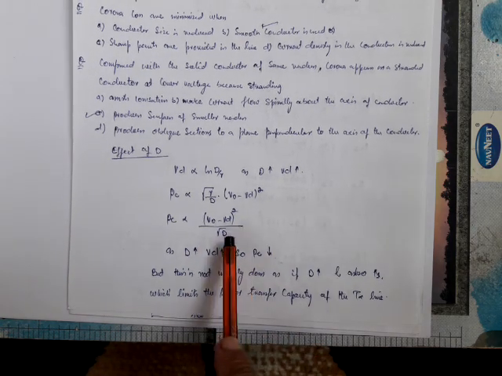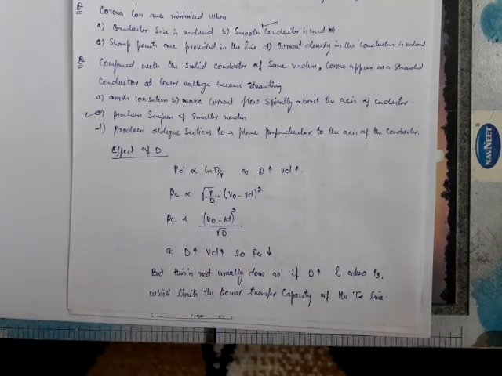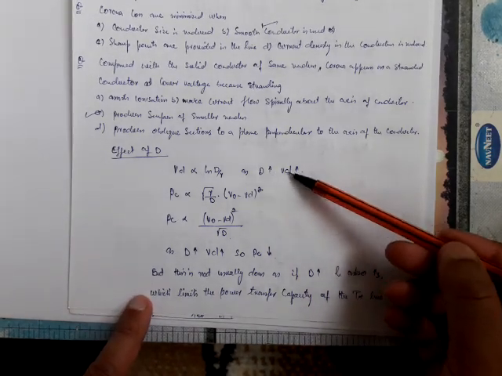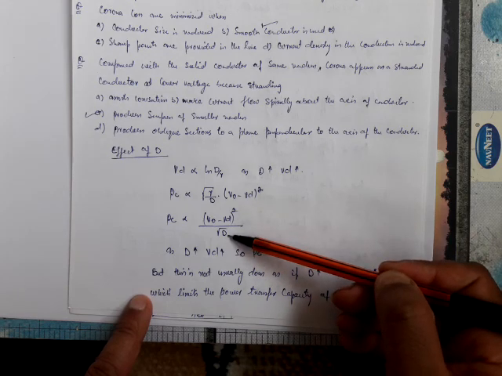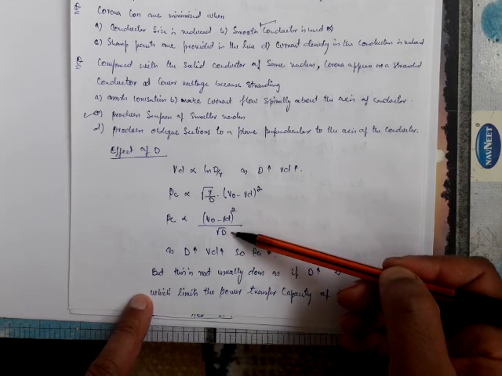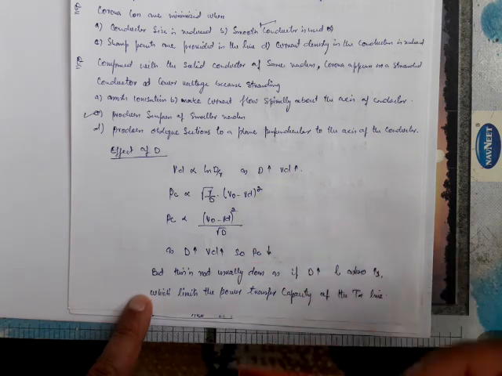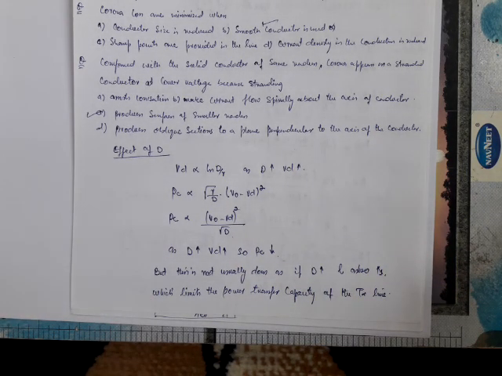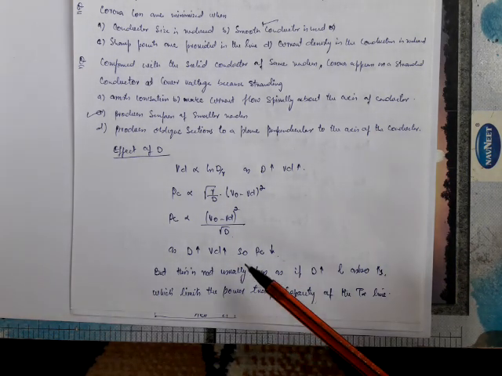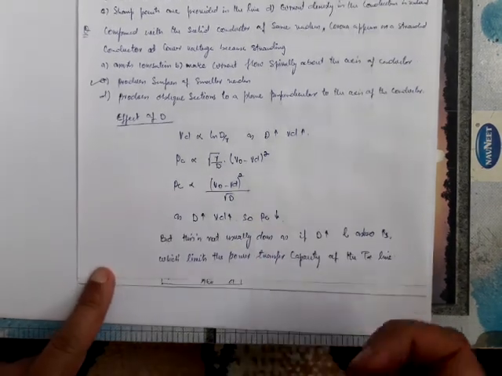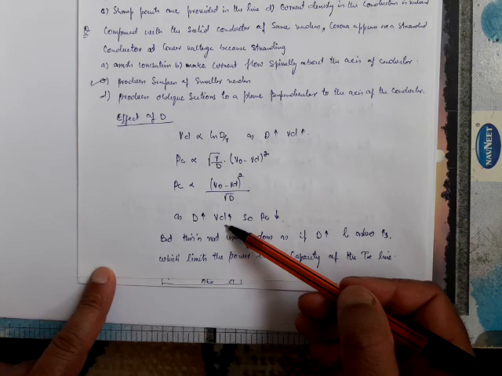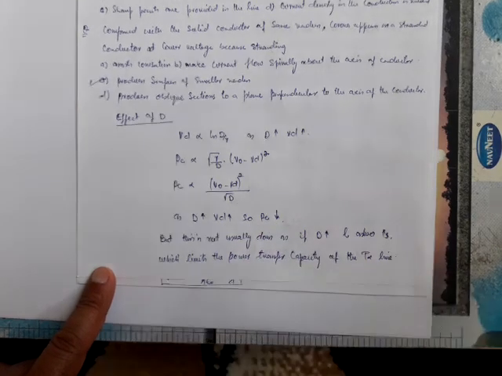When D increases, the whole term will decrease. So this also has a similar effect to that of delta. As VD increases, the numerator will decrease. As D increases, the denominator increases, and the overall term will decrease. It again has the same effect of decreasing the corona as we increase D, as in the case of delta. So we can say that in general, as D increases, VD increases, so PC will decrease.